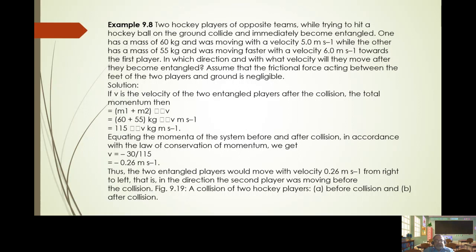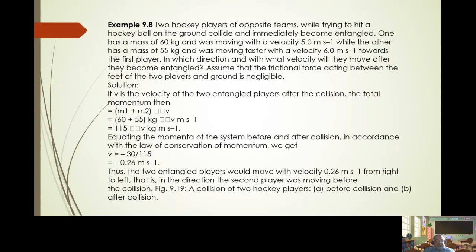Assume that the frictional force acting between the feet of the two players and the ground is negligible. The solution is the velocity of the two entangled players after the collision. The total mass is m1 plus m2, 60 plus 55 kg, and the total comes to 115 kg. Equating the momenta of the system before and after the collision in accordance with the law